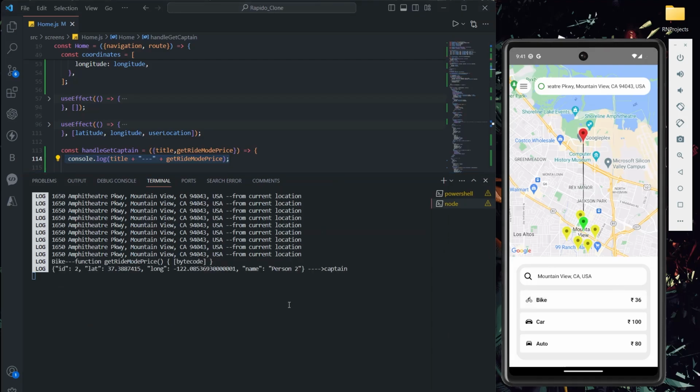Now if I click on bike, see bike and its getRideMode, it's giving some bytecode thing. Let me fix it. If you see here, I'm getting the bike, right? If I click on car, see I'm getting car, that particular title, and this getRideModePrice.